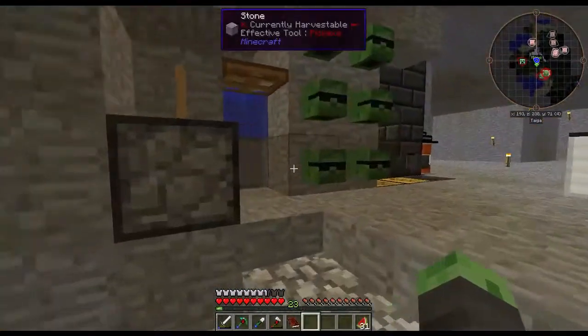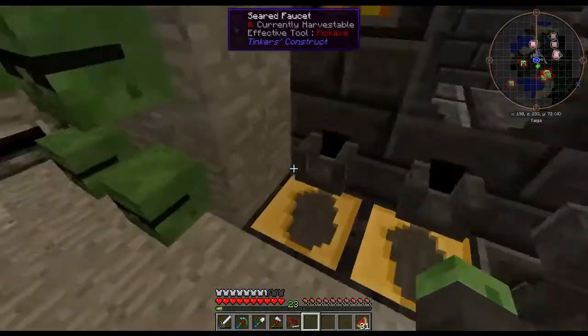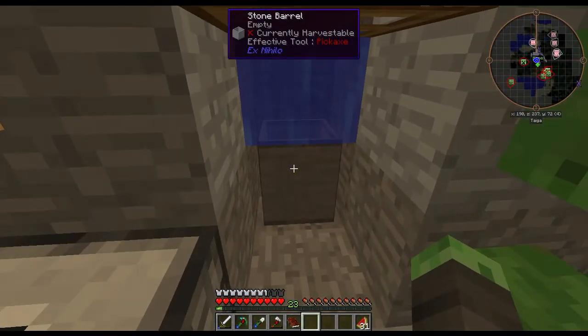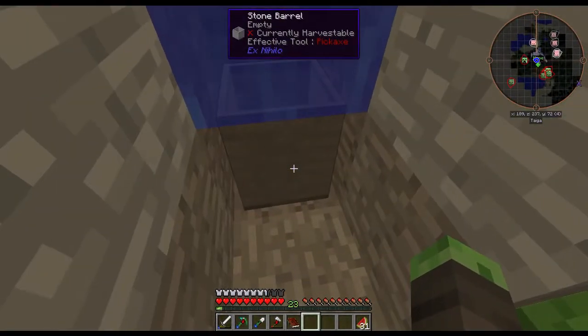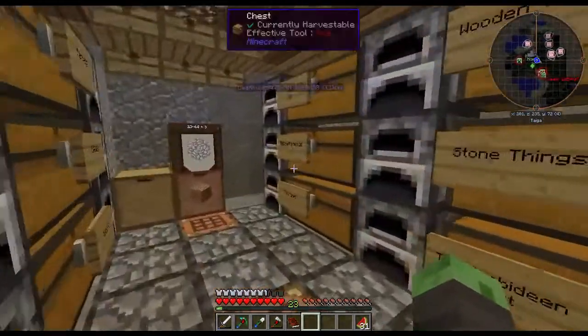Nevertheless, we do have an infinite supply of obsidian, technically, because we have infinite lava and infinite water. We can just place that water there. However, there is, I believe, an automated way to put lava in this barrel and extract the newly formed obsidian. So, as a reminder, if I grab a bucket,